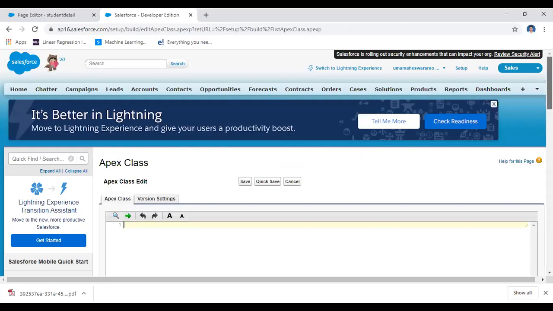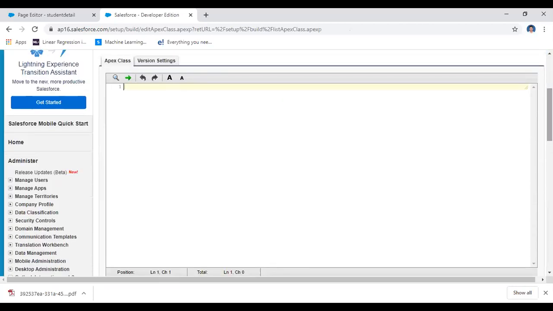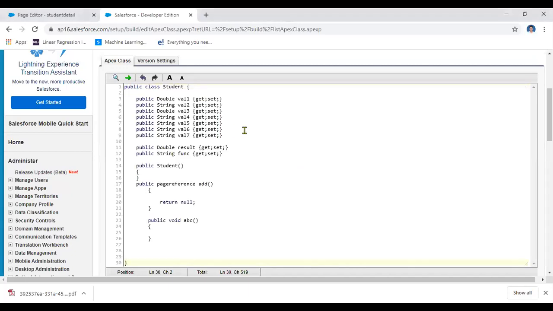Here, just like in Java, in that way here also implement the Apex class. For example, public static void class name. I'm writing some information regarding the class. For example, public, maximize this one.